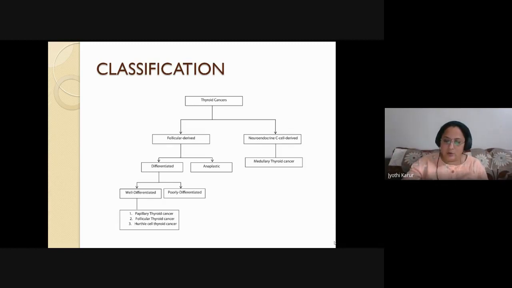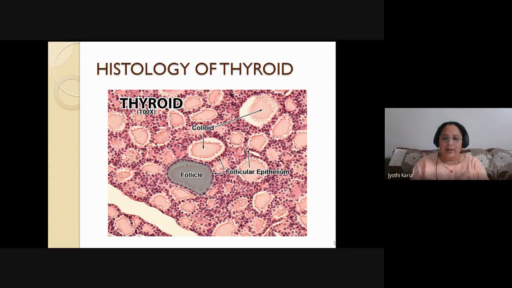So let's go to the histology of thyroid. Before learning any malignancy of any organ, we should know what the different types of cells present are, and what the different malignancies are that might arise from each cell. In order to know the pathology, we should know a thorough histology. If you try to remember the histology of thyroid, thyroid is the most important endocrine gland.